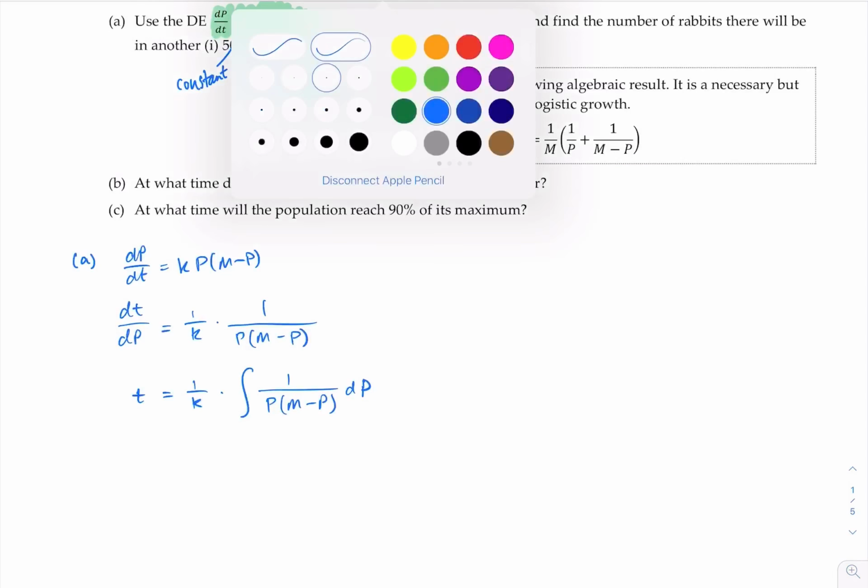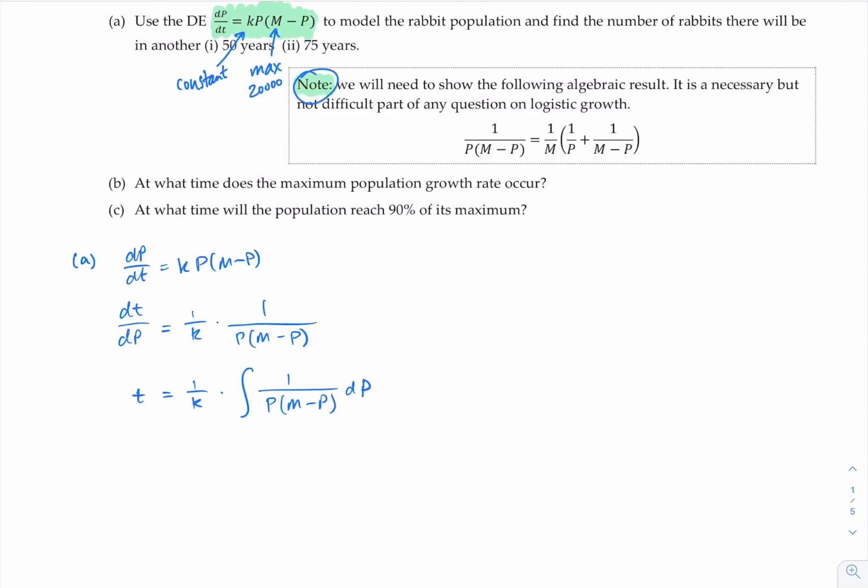And so t is 1 on k times the integral of, well, I've got 1 on M. I should have taken that out, but I suppose it's best to